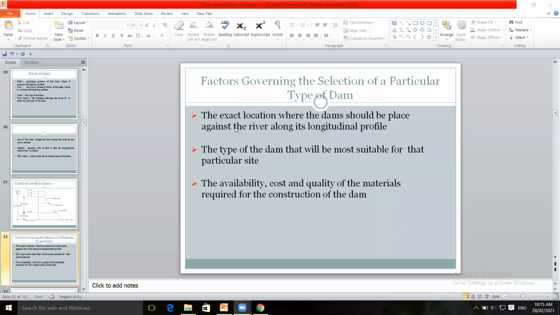So in that, exact location of the dam should be placed against the river along its longitudinal profile. How is the profile there? Longitudinal profile of the dam reservoir. So dams are placed along its longitudinal profile of the river, which is placed across the river.